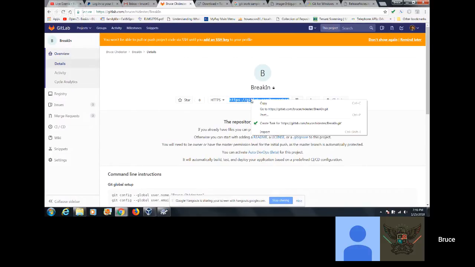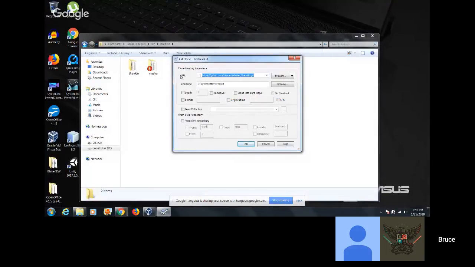Okay, and then right mouse button click and copy it. And then when you go, it'll be pasted in the URL block. This will always be the same for this project. Wait, so we put it in the URL of the tortoise? You're going to make it look just like this, except you're going to change this word right here, the second break-in, to say M-A-S-T-E-R. Does that need to be capitalized, or does it not matter? It doesn't matter. Okay.